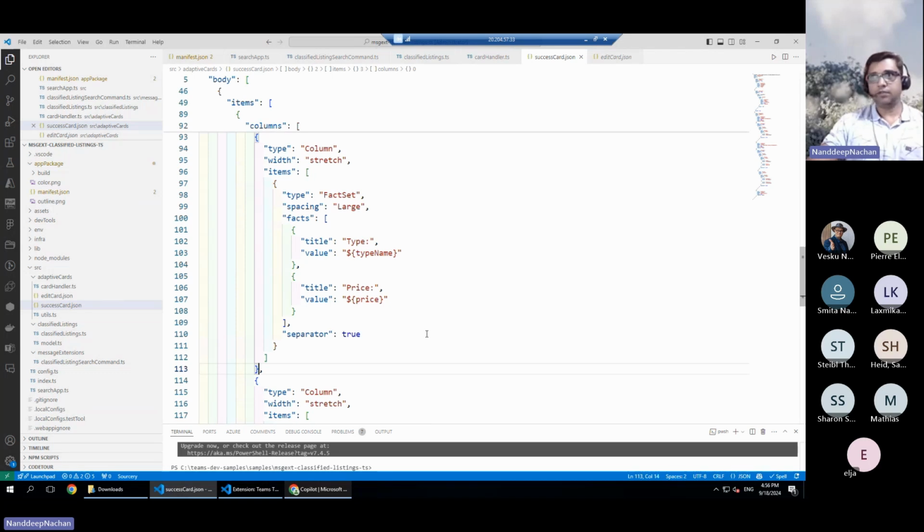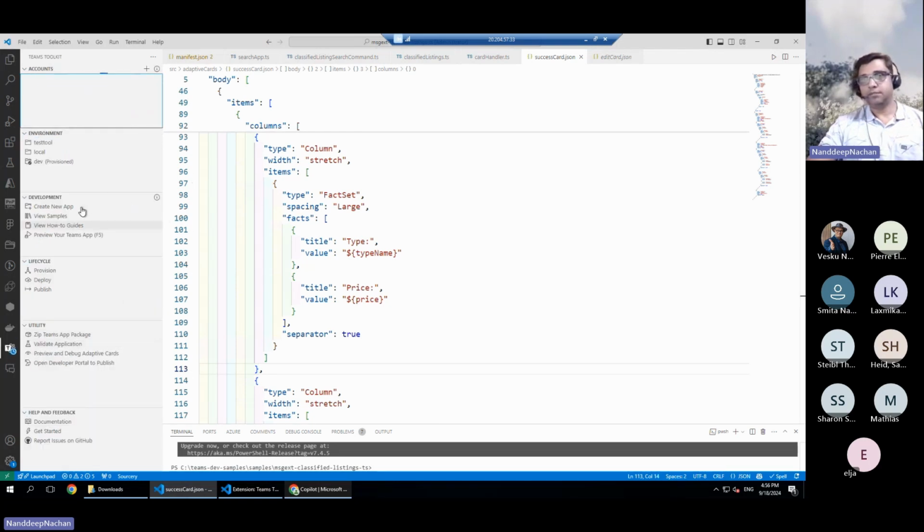So even if you do not want to deploy it to Microsoft Azure, you can simply go back to the Microsoft Teams Toolkit, and from here we have the option to test it out on the local environment. Okay, so once it is here, it will give you the option to select your accounts, and that's it. You can just run that on the local, and when you are satisfied with the results on the local, there are three lifecycle options available by which you will be able to